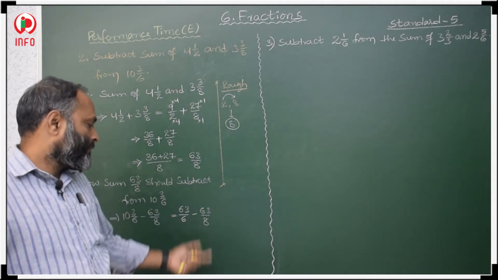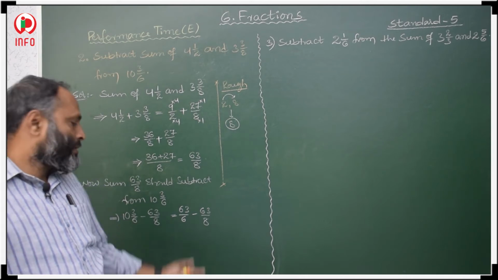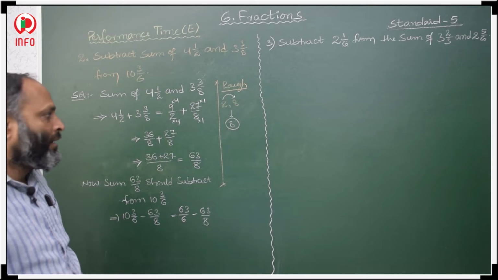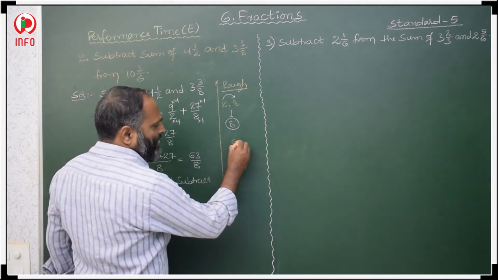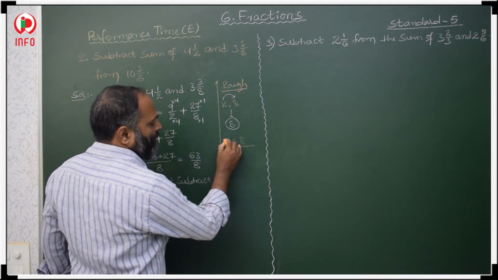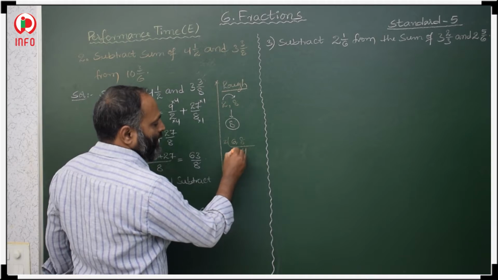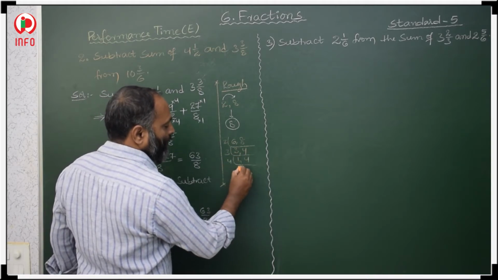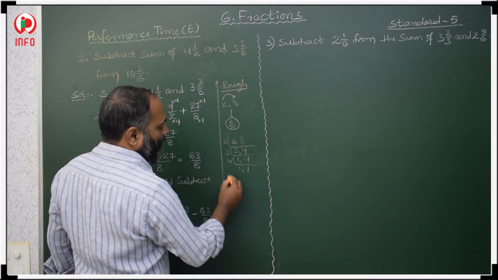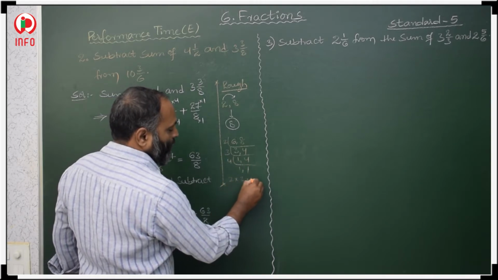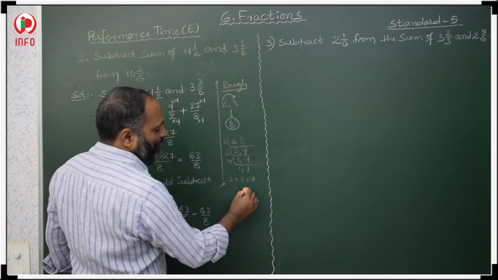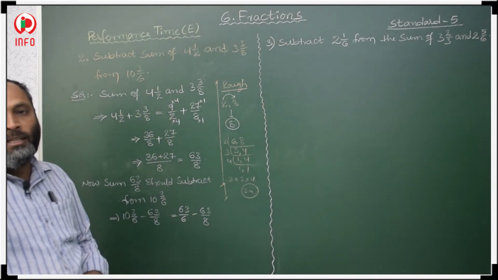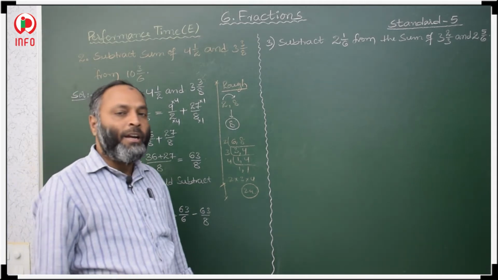Now, these two are improper, unlike fractions. So we have to convert these unlike fractions into like fractions by taking the LCM. We take the LCM of 6 and 8. In the 2 table, 2 threes are 6, 2 fours are 8; then 3 ones are 3, and 4 ones are 4. Now multiply 2 into 3 into 4: 2 threes are 6, 6 fours are 24. 24 is the LCM of 6 and 8.